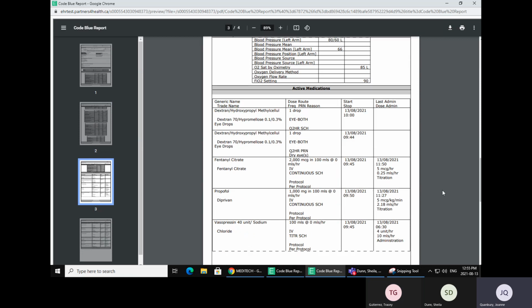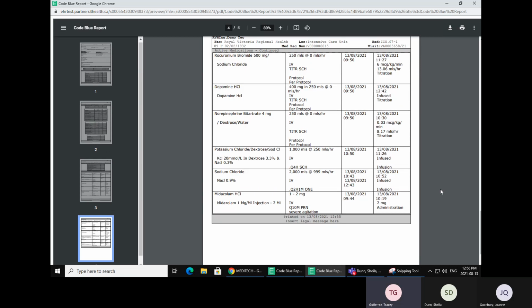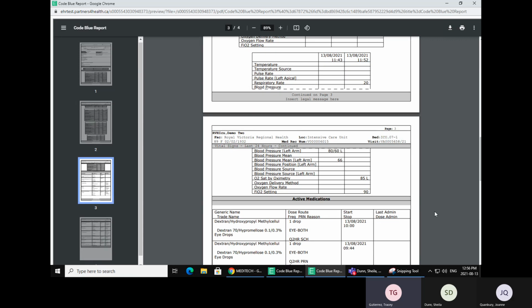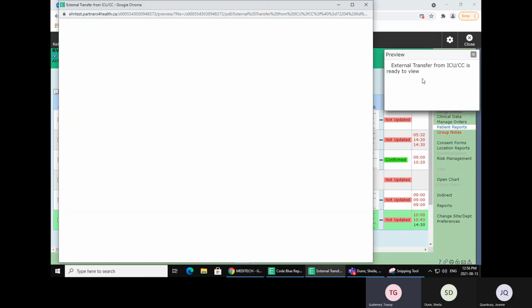Active medications. And it should have at the bottom, it's not entered, but their family, their medical surgical history. So it's a quick summary, you can print it out, give it to the responding code team. And then if you go to the transfer, the external transfer report, if they're being transferred out of ICU,